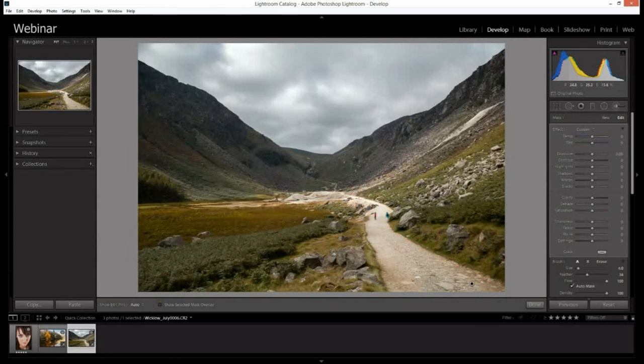The overlay is just a guide, and if I start to adjust this then, I could increase the exposure, and now obviously that's too far, but you can see that I could use this to really bring out the road there. Okay, so rather than increasing the exposure, I'll bring up the highlights of it a little bit as well, maybe bring up the whites too. I don't want to go too far, so I don't want to lose any detail there, but I definitely just want to bring out some of the brightness of that. Okay. So with this, it's always a little bit of a balancing act to make sure that you're not making it